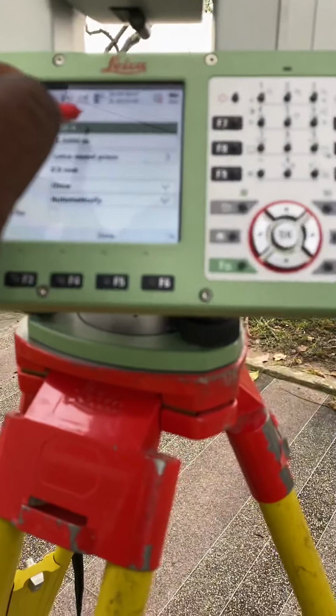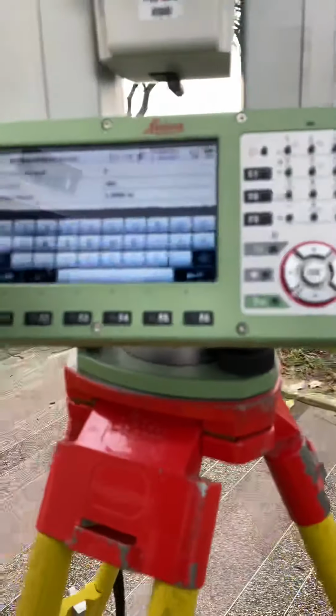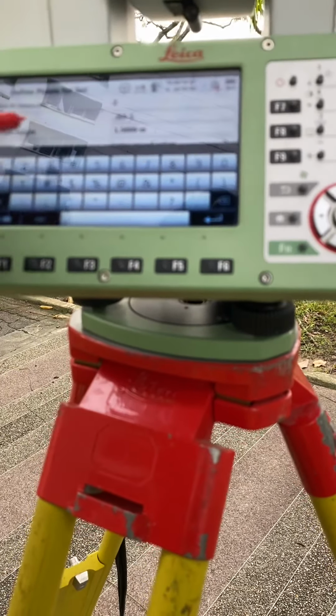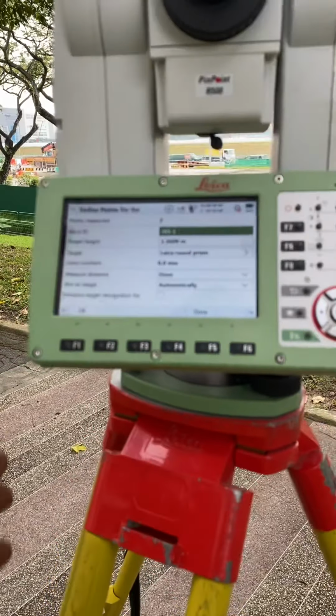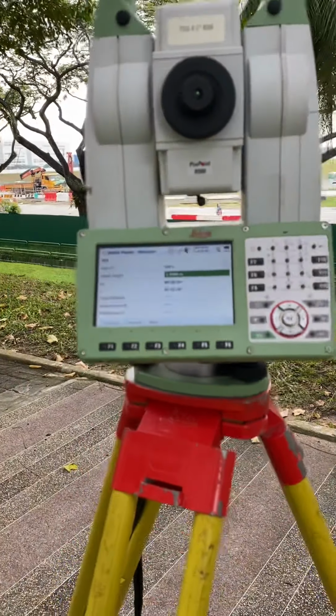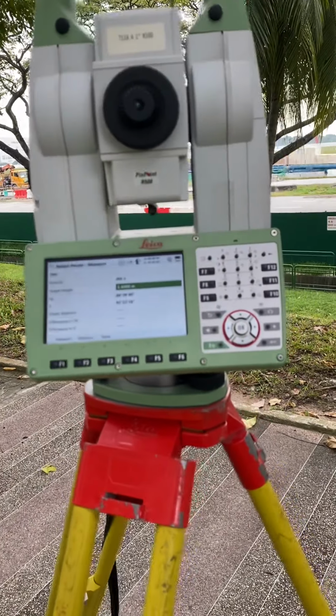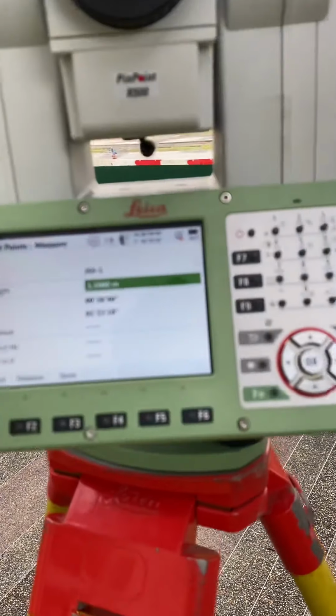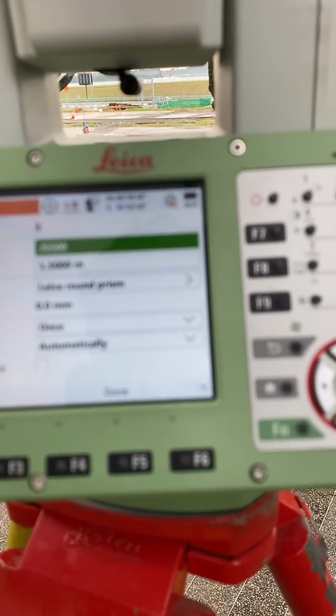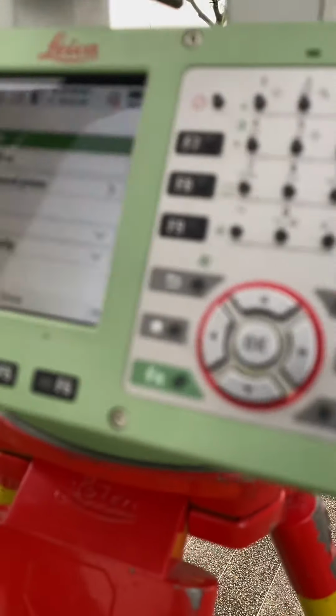Okay, ready. I aim ready at the target. So point name I must change. This is my point name JS51. Okay, point name must change. This is my point number 3. I give okay, after that I give measure. See 3 points to this. So I have 4 points total.